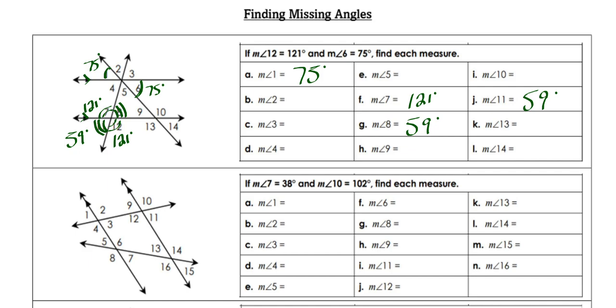All right, next I'm going to use my corresponding angles. Again, these two lines are parallel, so that means corresponding angles have to be the same. Angle 8 and angle 3 are corresponding angles. I'm going to erase everything I have so far just to clean this up. And I just want to highlight angle 8, and then following along the transversal in the exact same position is angle 3. We have these two lines that are parallel, and this transversal cuts across them, meaning corresponding angles have to be the same. So if angle 8 is 59, so is angle 3,